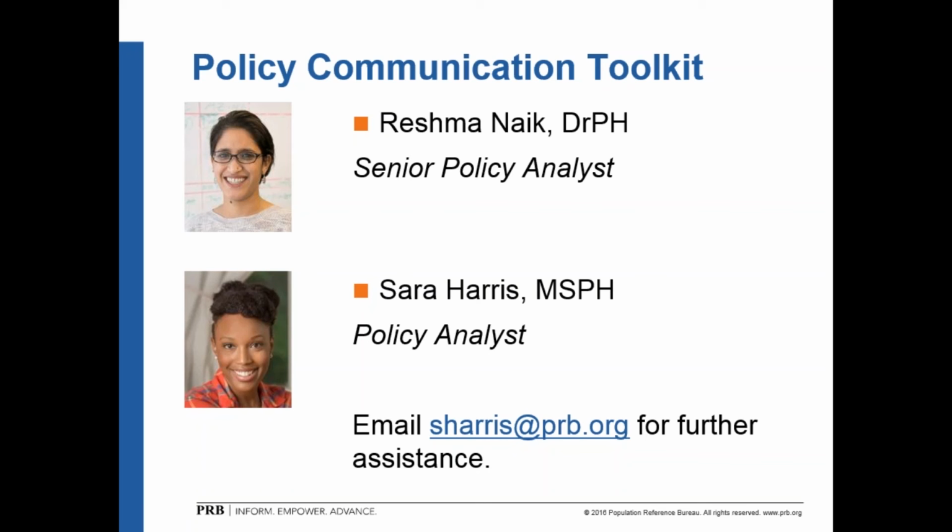So definitely take a look at what's included, particularly in Module 2, and see if that provides you enough context to develop some of the policy recommendations that you're looking for in terms of adolescent reproductive health and contraceptive methods.